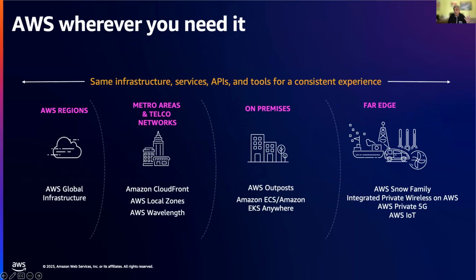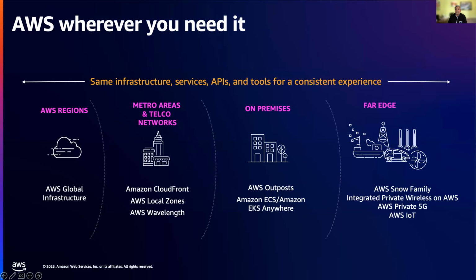If you really look at it, we have the AWS regions, availability zones, and so forth. That's really our cloud infrastructure, a global infrastructure that spans across the globe with high connectivity, and everybody uses it and is very familiar with that. Then we move on to big metro areas where there is a specific need for quick, low latency processing. So we work closely with the telco networks, and we have things like CloudFront, which is a CDN, which of course spans across the cloud also.